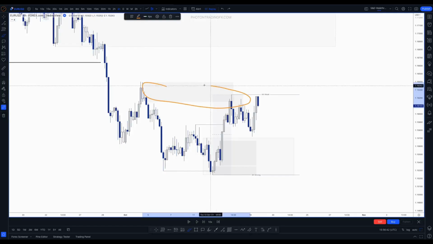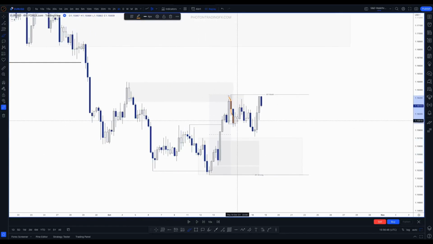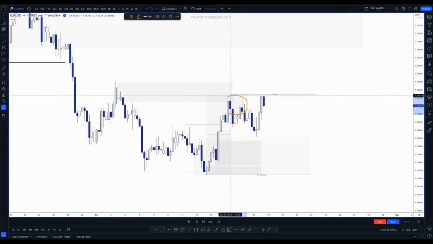And then we came up into this more extreme level, right? Which makes sense, led to that movement. 4-hour bearish change of character, which then gave us this 4-hour supply zone. That's when we then jumped down to the M15 to look to play the pullback into there and then play that movement. We didn't quite tap into the daily zone or the 4-hour zone, which would have been a lot